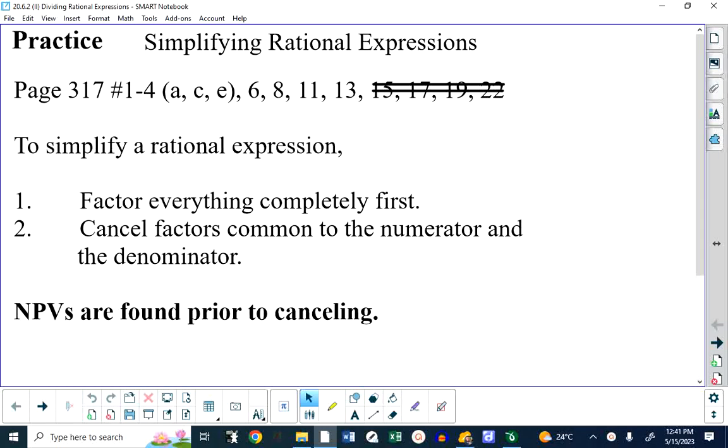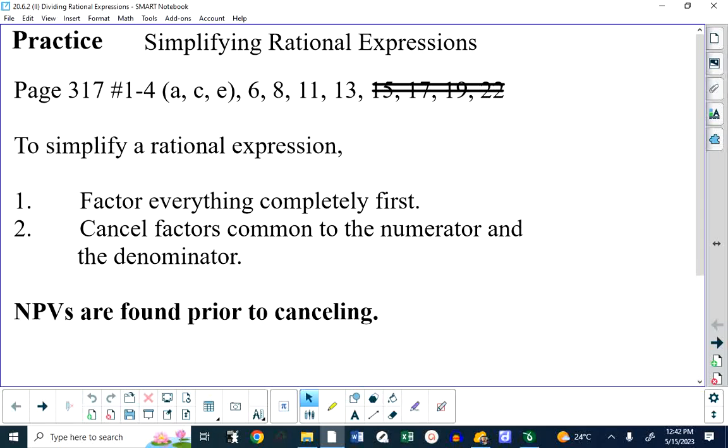It turns out that the difference between what we did on Thursday, which is simplifying a single rational expression, and what you learned on Friday, which is multiplying more than one rational expression, the difference is not even worth talking about. Because when you multiply rational expressions, you put them together into a single rational expression that you need to simplify. To simplify a rational expression, you basically can cancel factors that are in the numerator and